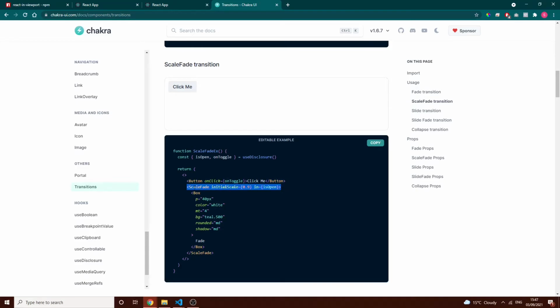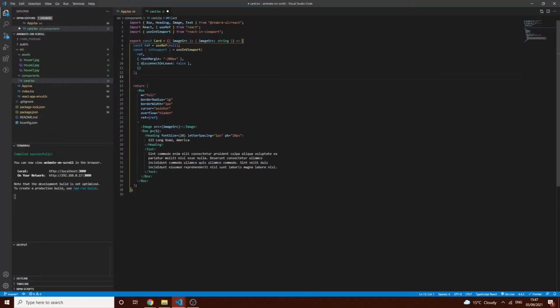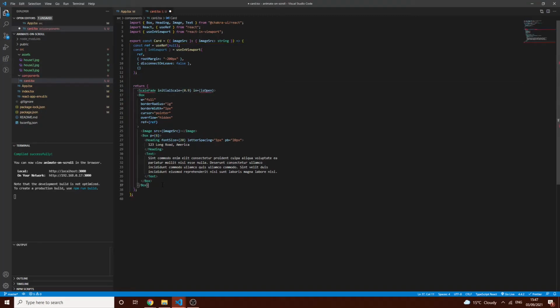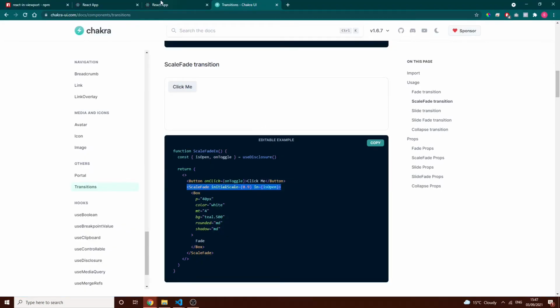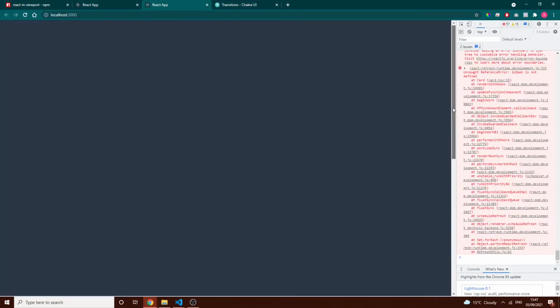I'll go ahead and copy this, and I will wrap our box inside this. I'll need to import that from Chakra. Then in the isOpen prop, I'm going to pass it inViewport. And if we go back to our app,